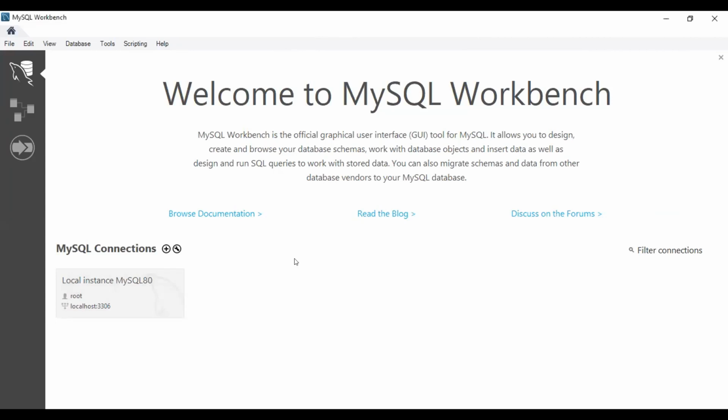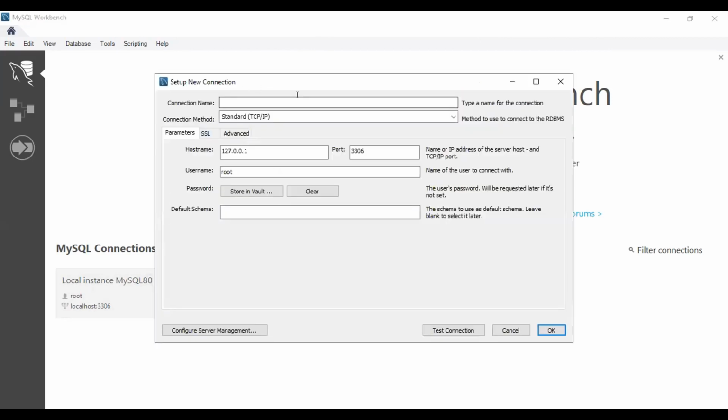Okay, when you open your SQL, the very first thing that we need to understand here is that you need to work with your servers, right? You can create multiple servers also. By default, there is one server available here. You can create one more server along with it. Click on the plus sign, and you will get a new connection like this. This pop-up window will be in front of you. You can create a server name by your own,